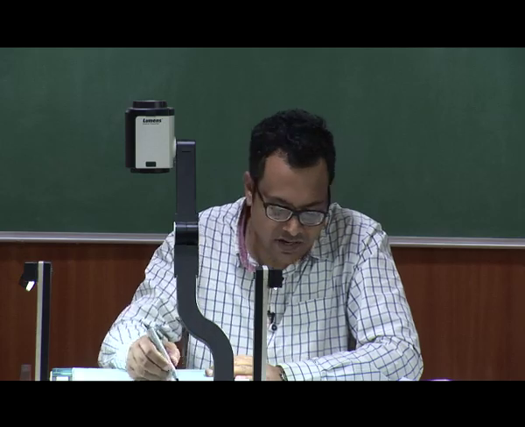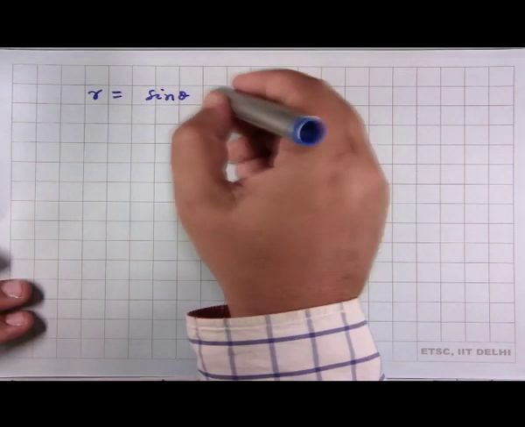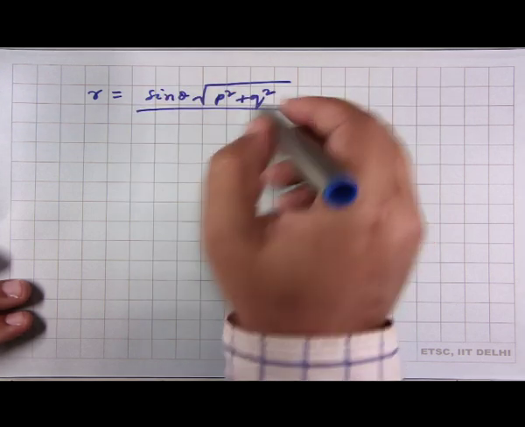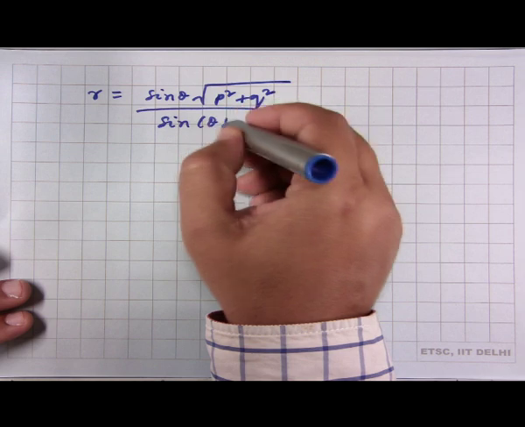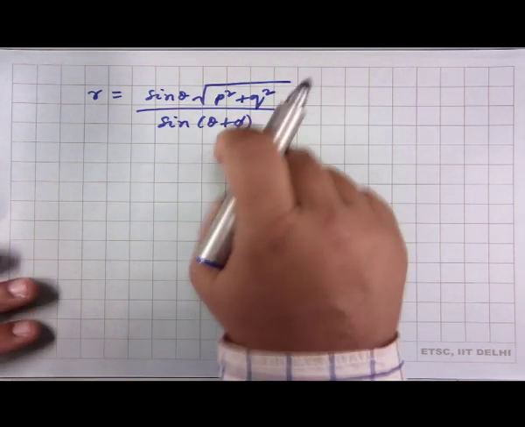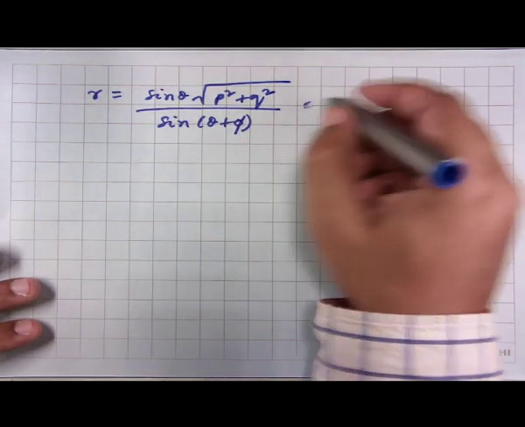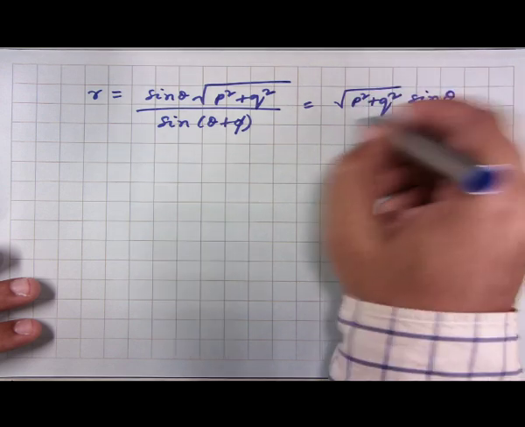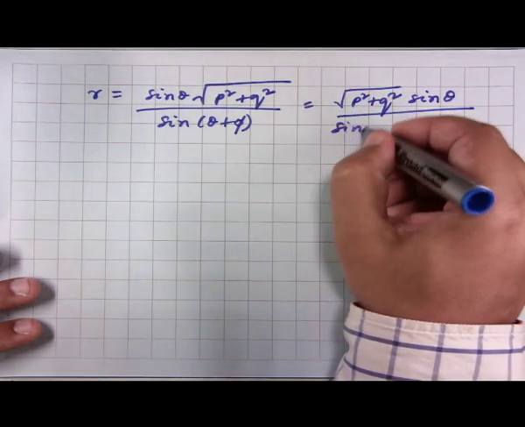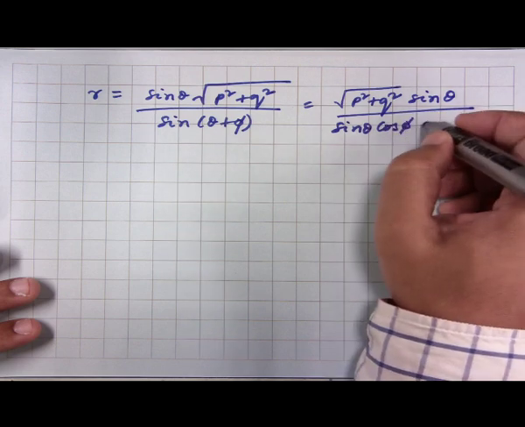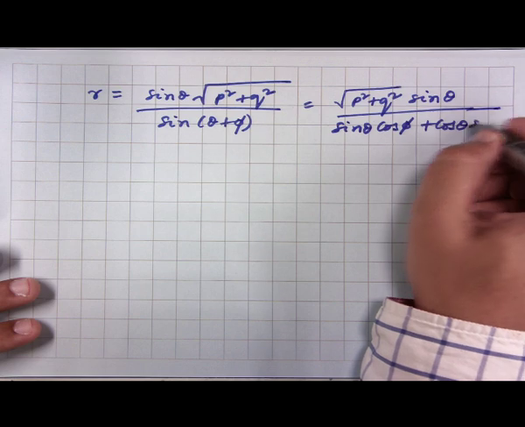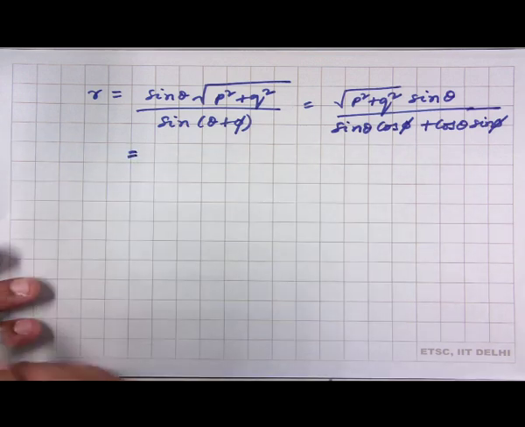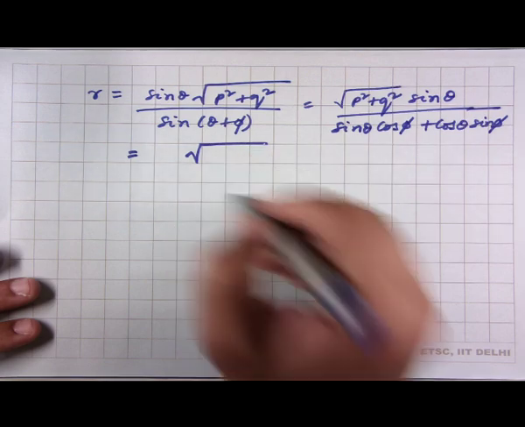So, in the last slide we had R equal to sine theta into square root of P square plus Q square over sine of (theta plus phi), and here we will use the sine (A plus B) formula to expand this. So, we get root of P square plus Q square into sine theta over sine theta cos phi plus cos theta sine phi, and that is equal to